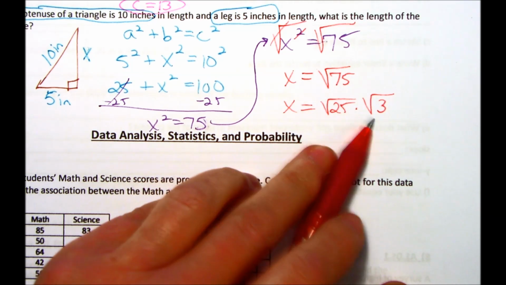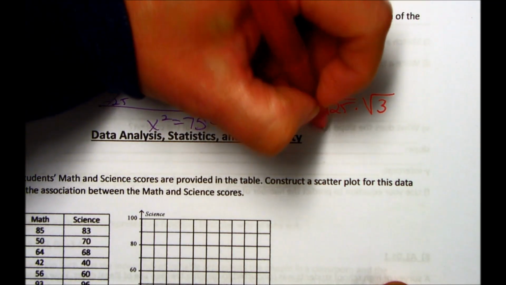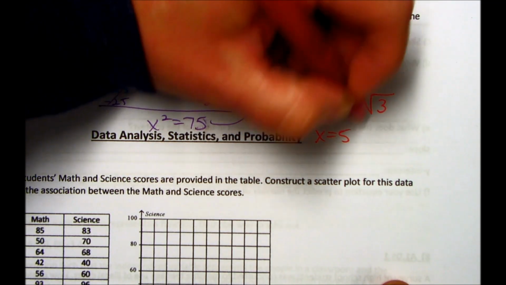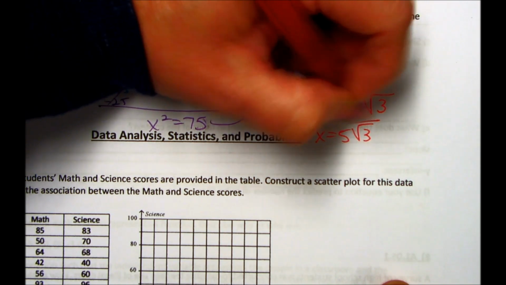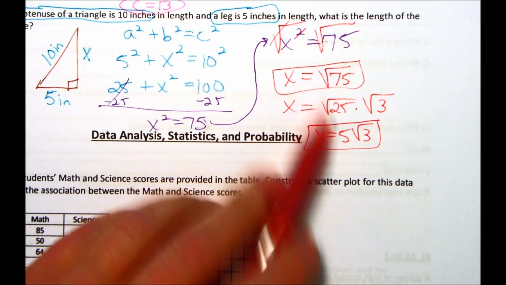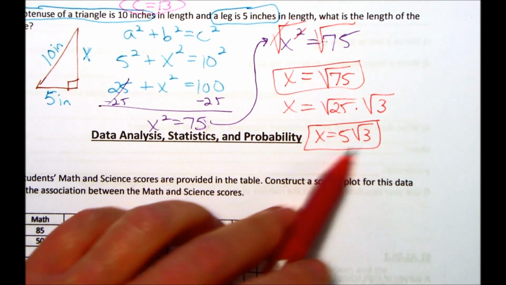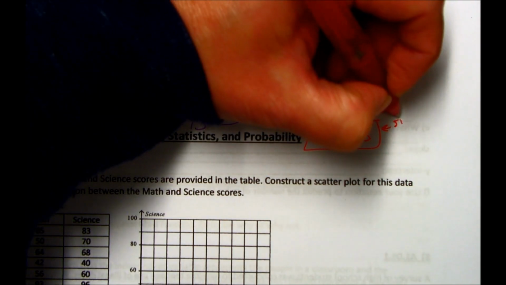And 25 times 3 does equal 75. And now we can take the square root of 25, which is 5, and the square root of 3 cannot be simplified. So if they want an exact value, you could use either one of these. If they want a simplified radical, you'd have to use this one. So this is your simplified radical,